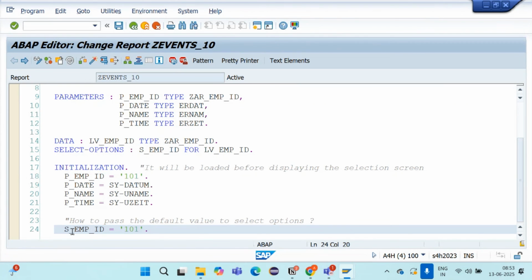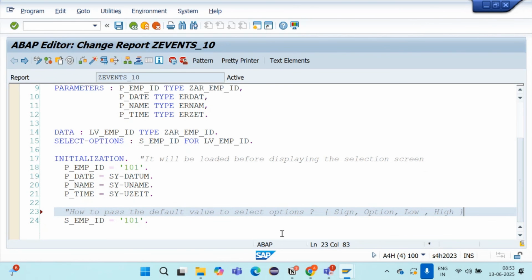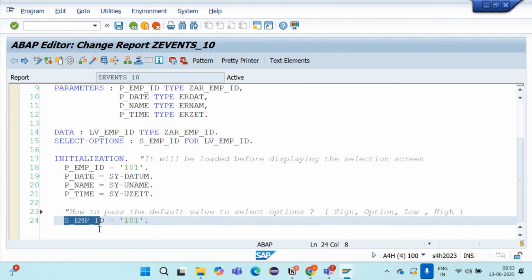Everyone, what are the components of select option? Prasanna, what are the components? Sign, option, low and high, correct? Four components are there. And we know this select option is an internal table in itself. So we are required to pass the value in their components.